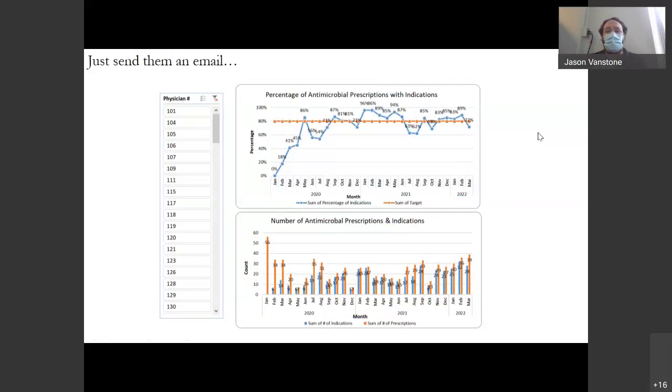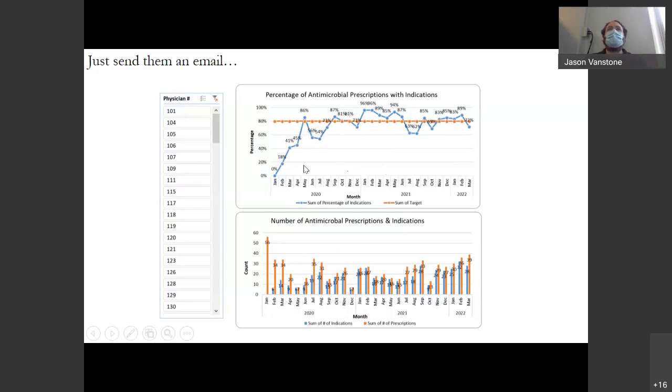So Shivani, one of our analysts, has been, since the start of this, putting together monthly data that we send out in an email to these clinics for them to forward out to their prescribers. Each prescriber has a code, so they can click on their code, and it will bring up their data from the last month all the way back to when we started collecting, which was, I think, 2019. You can see, for each month, the percentage of antimicrobial prescriptions that has an indication. And then we break that down by showing them the number of prescriptions, and the blue bar is the number of indications. So they can see if that's based on 2 prescriptions or 20 prescriptions for that last month.